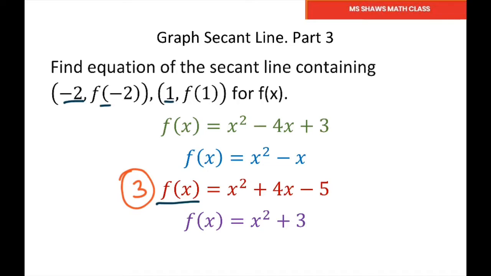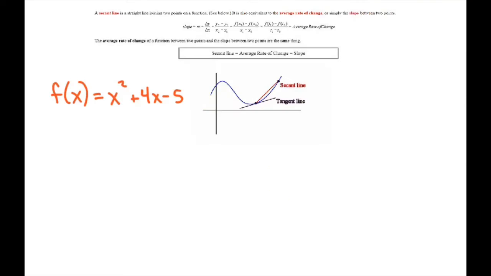So what we have to do is find our y and find the average rate of change. Basically, the secant line is just the average rate of change, which equals the slope. So it's the average rate of change from this point to this. The average rate of change of that curve is going to be the secant line. All right, so the first thing we got to do is we want it from -2 to 1 on our